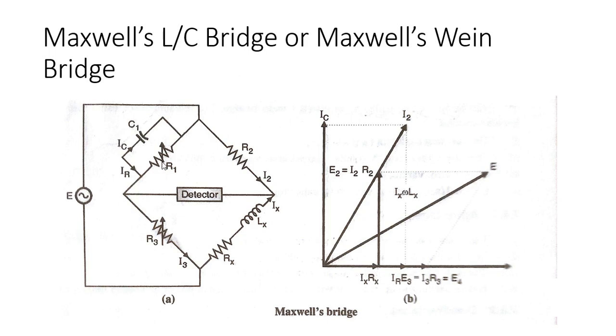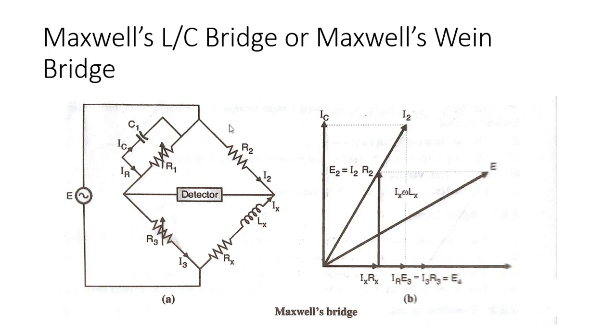Now let us see Zx. Zx is equal to Z2 into Z3 into 1 upon Z1, because this Z1 will go to the denominator. Here we have to replace this 1 upon Z1 with Y1, because 1 upon impedance is equal to admittance, as impedance and admittance are exactly opposite terms. So we have to calculate Y1 and put it in the equation. Y1 is nothing but the admittance of the first arm.